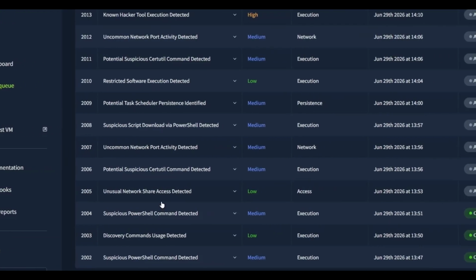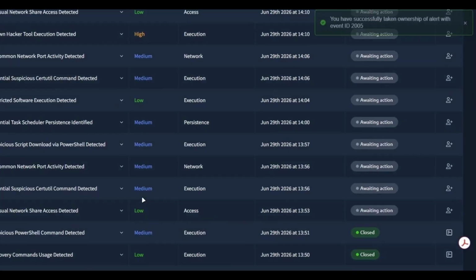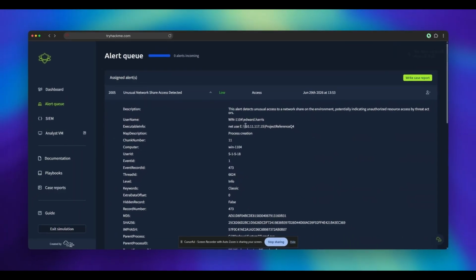Okay, let's go back to the alert here. Let's assign it. Unusual network share access, so it's Edward Harris. It is project reference Q4. We know that Edward is from DevOps, and